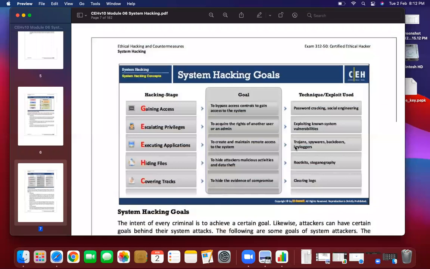Everything must have its own goal or objective. Without a goal or objective, a hacker never performs anything. A hacker is not blind. A hacker is not a fool.